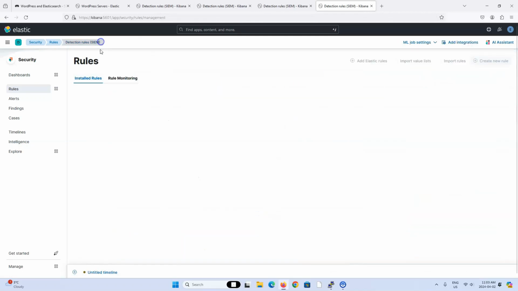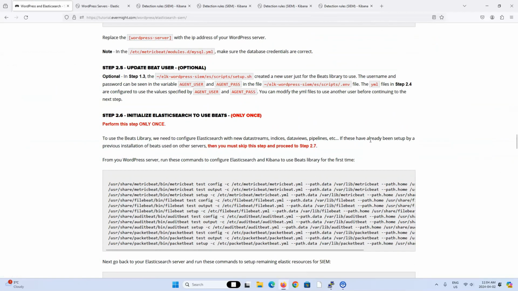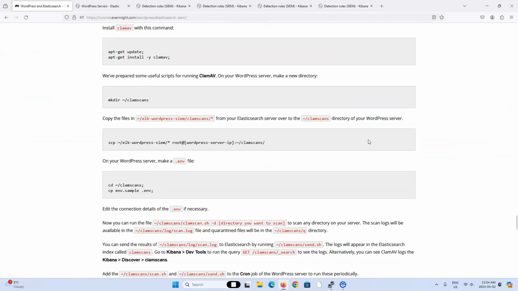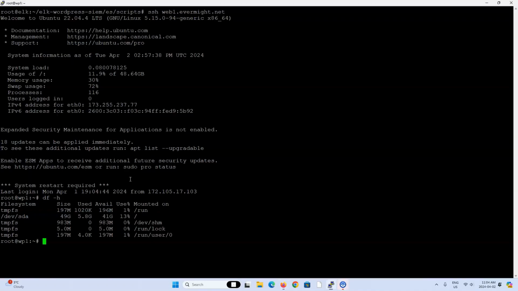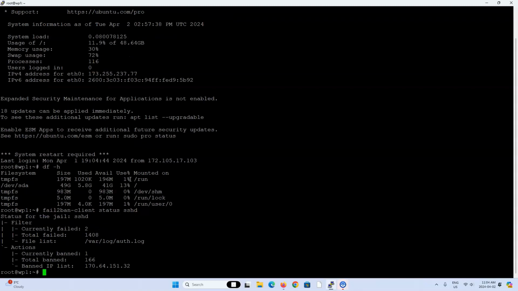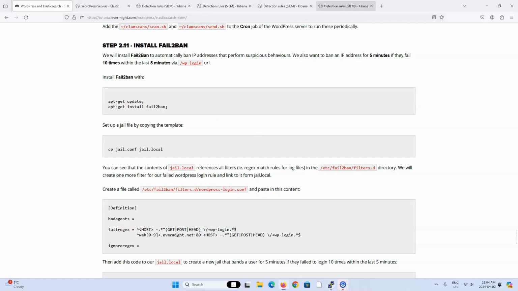I should mention that this rule here probably won't fire because we've now installed fail2ban. Let me see. Fail2ban. Yes, fail2ban. And we already have an SSH, let's see, a fail2ban client status sshd. You can see, okay, that's pretty interesting. So you can see that this jail has a rule that is more restrictive than